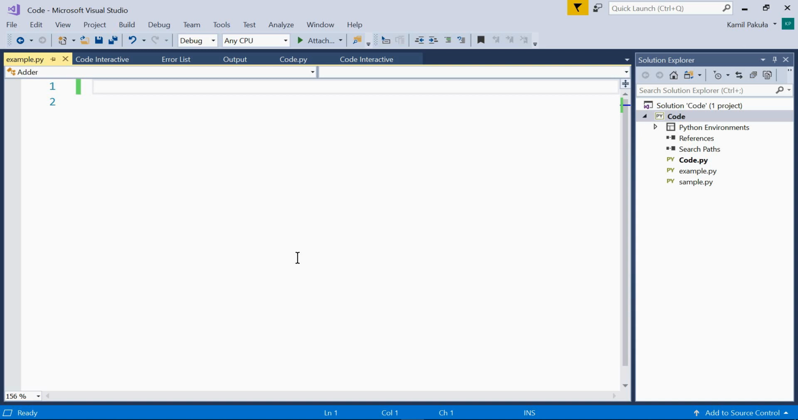Hi, in this video we'll be talking about docstrings. Docstrings are used to document functions, classes, and modules. They're placed at the top of a function or class definition or at the top of a module file before